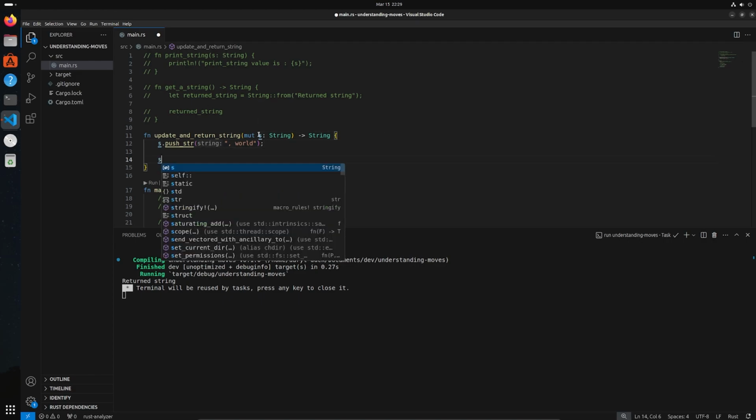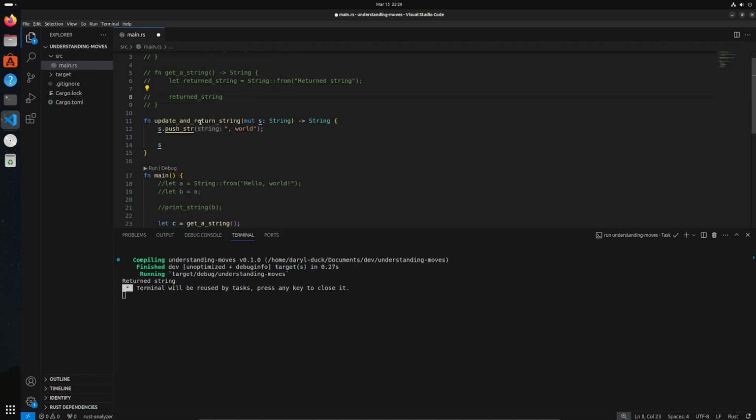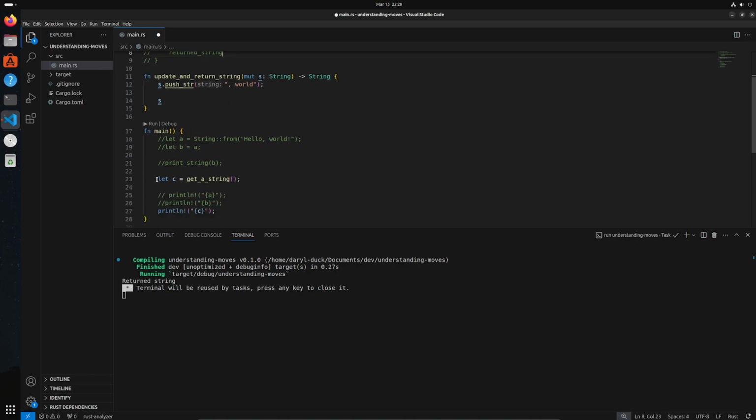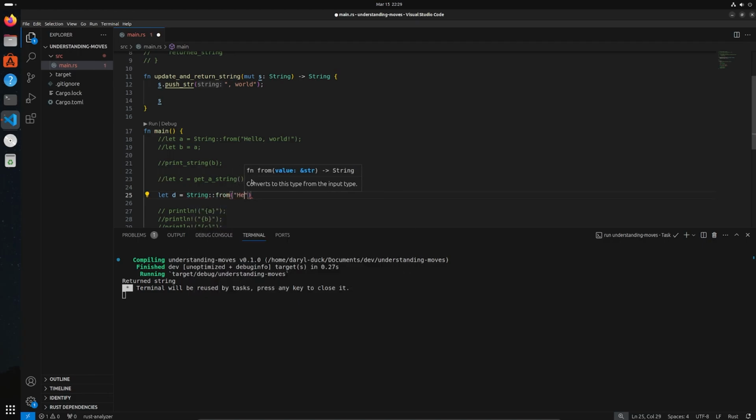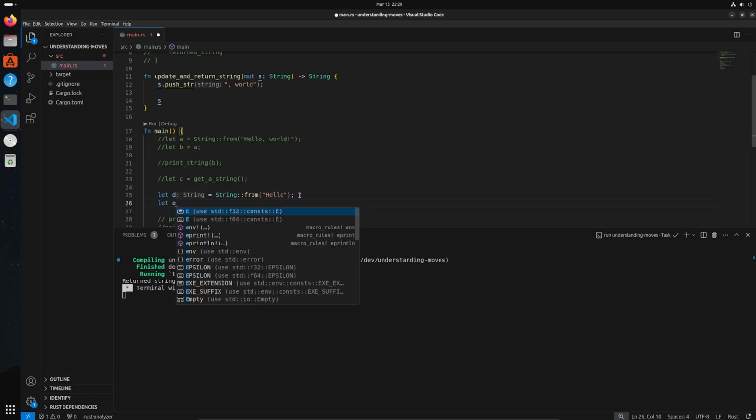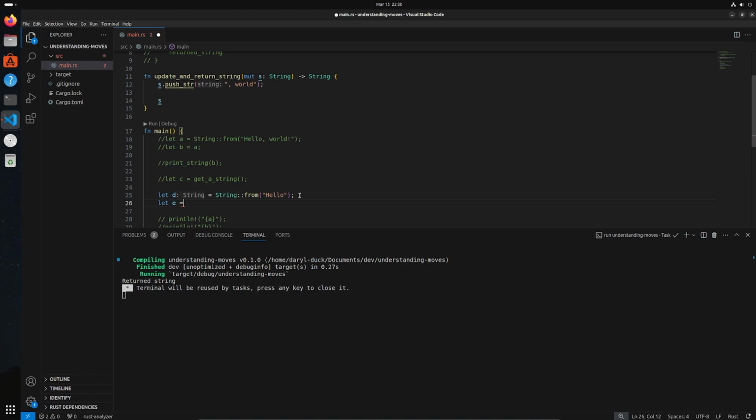And then I'm going to return s, okay? And then down in the code here, let me just comment out these 2 lines. I'll just go let d equal, and we'll go string from hello. So we're instantiating a new string on the heap, and d on the stack will point to that string on the heap. And then I'm going to have let e equal to update and return string,